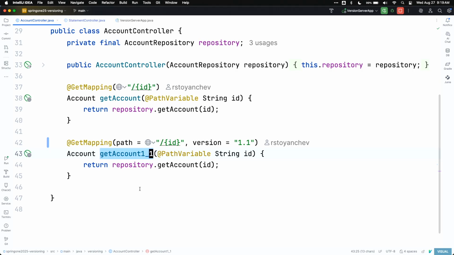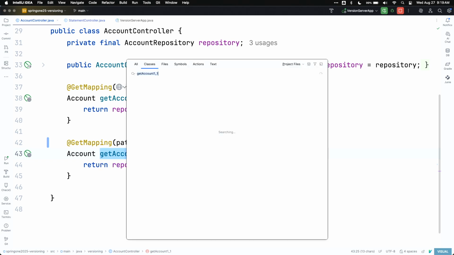We'll be able to see in the logs of the application, when I make the request, which controller method is actually getting used. And there are a couple ways to add versioning. When Rawson originally did this, all his demos used some more advanced Java configuration. I'll show that to you in a little bit. But for now,